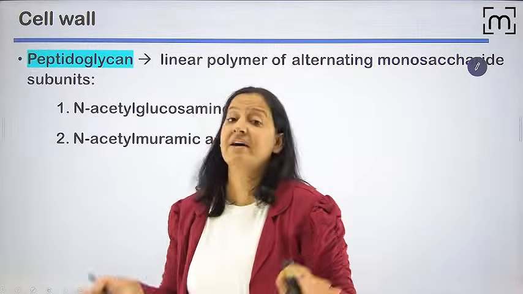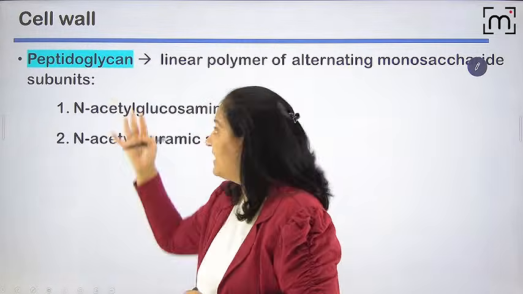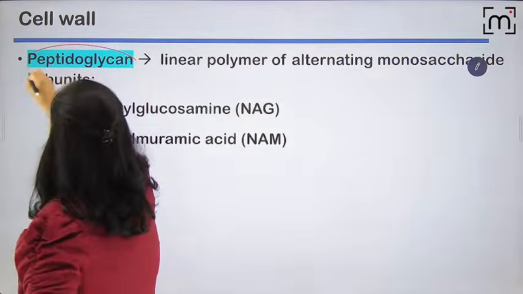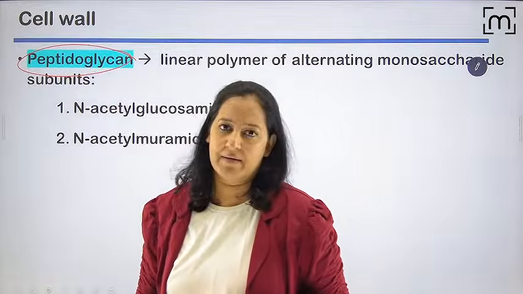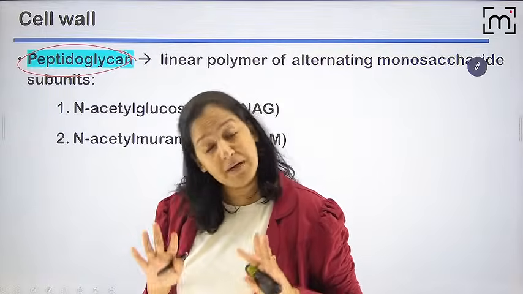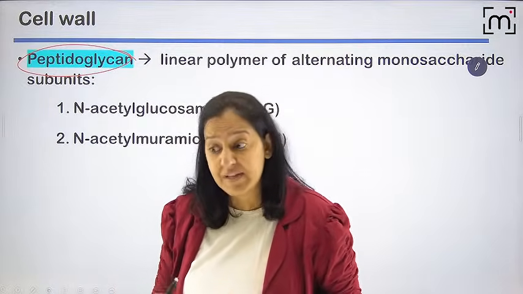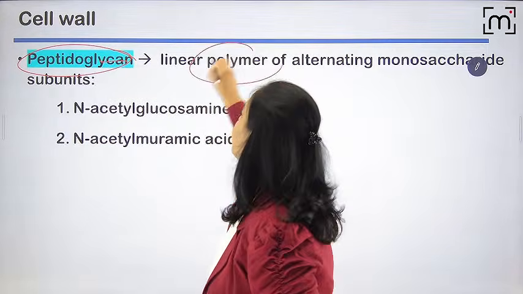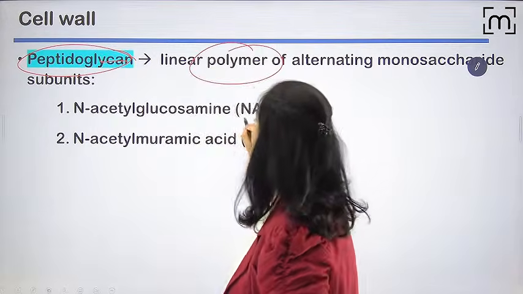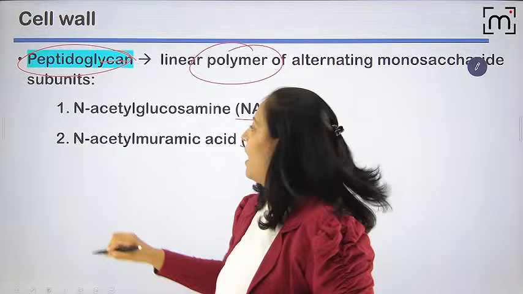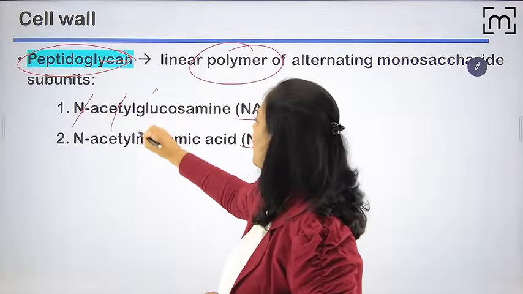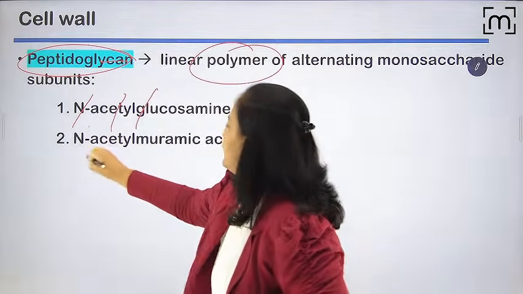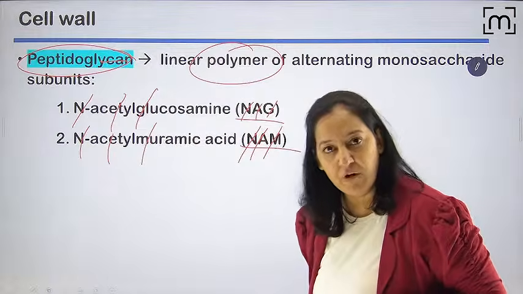So let me tell you the structure of the cell wall. All bacteria, whether gram positive or gram negative, have the cell wall, and the cell wall is made up of peptidoglycan. All cell walls have peptidoglycan. The remaining structure may be different, but all cell walls contain peptidoglycan. So first let's study the structure of the peptidoglycan. Peptidoglycan is a polymer. It is made up of 2 monomers. What are the 2 monomers? NAM and NAG. N-acetyl glucosamine, that is NAG, and N-acetyl muramic acid, that is NAM. I guess everyone knows the full form of NAM and NAG.